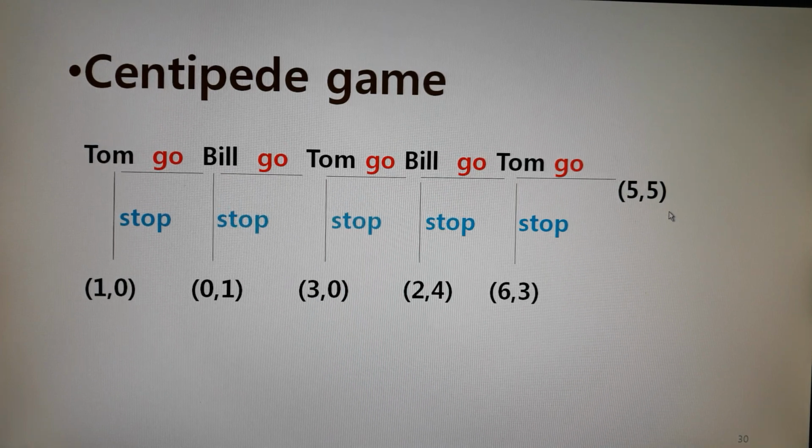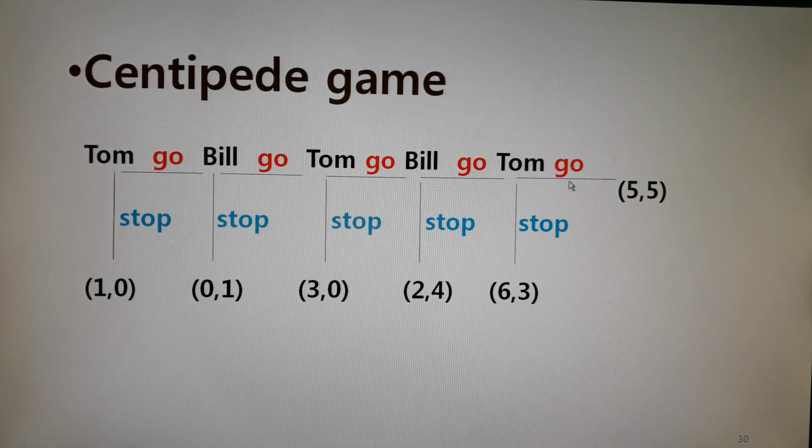Okay, what would be happening? What kind of equilibrium concept should we apply to this game? Yes, you're right. The subgame perfect equilibrium, which means backward induction. The game begins from the left side, but backward induction means we have to track down from the future, which is the right-hand side. What would Tom choose at the end? Go and 5, stop and 6. Well, he's a very clever guy. He would stop and get 6. Think about 6 million and 5 million. I mean, no brainer. You should get 6 million.